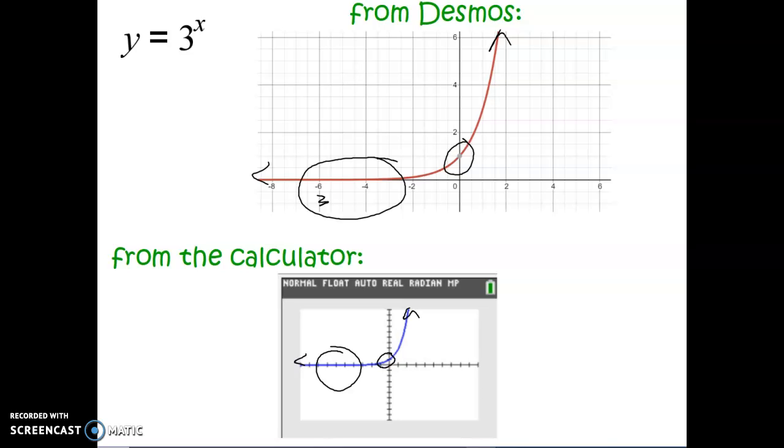So when you do this on your test, you need to be aware that it looks like it's touching the x-axis, but it's not. It's just a limitation of the technology. So make sure if you use your calculator for tests or for quizzes or whatever, that you remember that's not actually what's happening, and so that you draw it correctly on your test or draw it correctly on your homework where it doesn't actually touch the